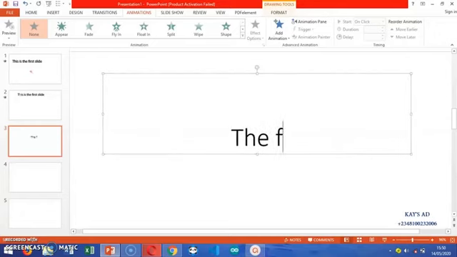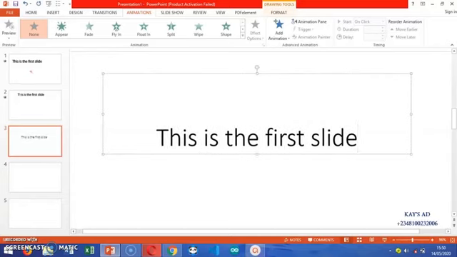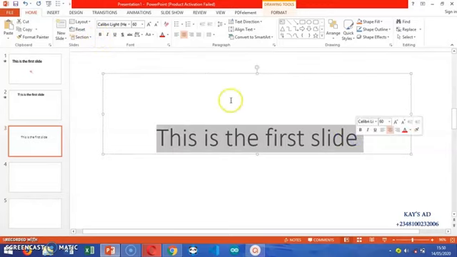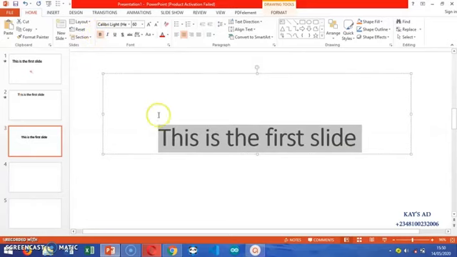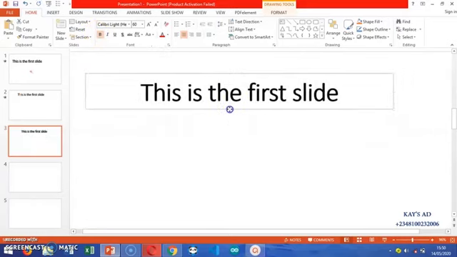Let me say, this is the first slide. This is the first slide, which is what we are going to be doing. Let me make it a little bit bolder, so that now it is bold, and let me adjust it upward.